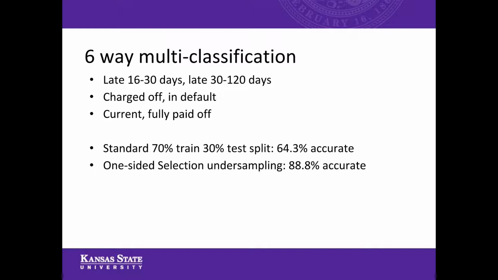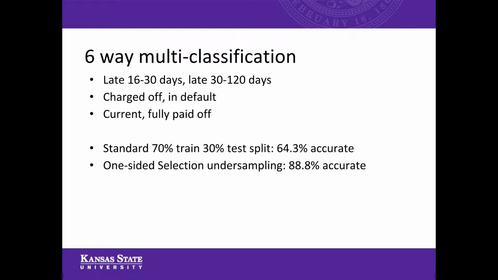We have 2 categories of borrowers being late on their payments: from 16 to 30 days, and a second category for 31 to 120 days. Secondly, we have 2 more categories for debt that is charged off. This is debt that we are no longer even expecting to be repaid, and we are pretty much just saying they got away. We put it on their credit report, and we've usually sold the debt to somebody else. And then there's another category, in default, which is typically they're still late past that 120 days, but we haven't entirely charged it off yet.